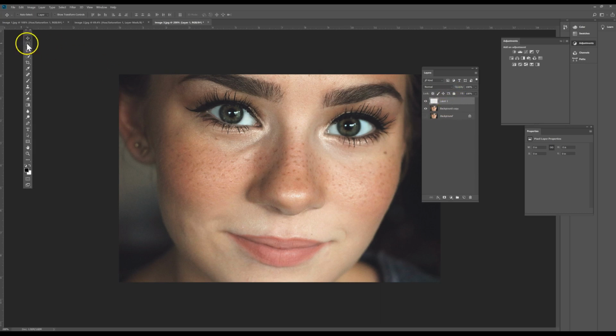Once this layer is highlighted, you're going to come over here and you're going to select the spot healing tool. It's the first one. It looks like a little band-aid with a little dotted circle in the background. You're going to click the spot healing brush. You're going to come up here to the top and you're going to make sure sample all layers is selected. It should be normal, content aware, sample all layers. Then you're simply